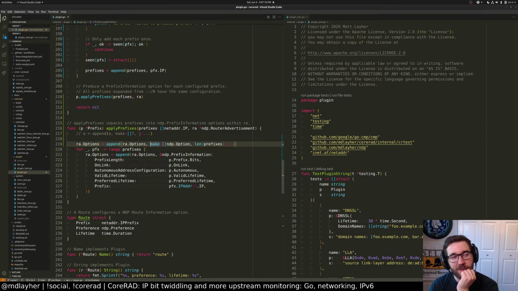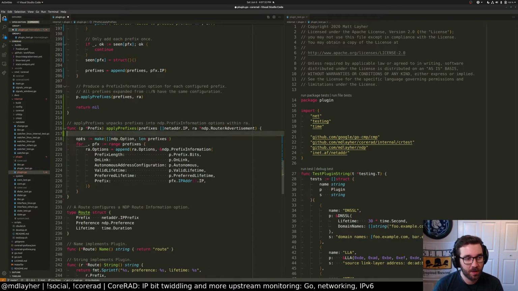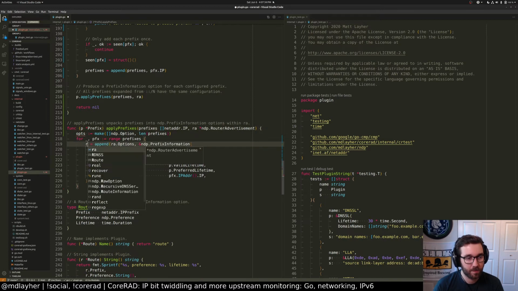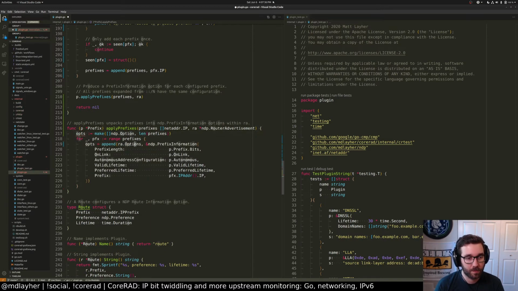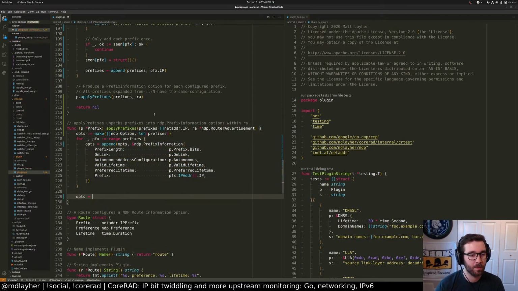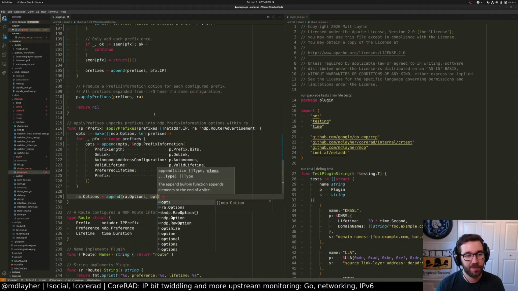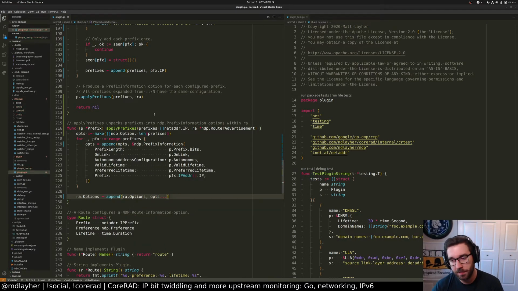You know, I'm starting to think maybe I just want to be less tricky and just allocate a slice directly and then append into it, right? So if I do opts NDP options, length prefixes, and then RA options equals append RA options with opts. That'll work, you know.